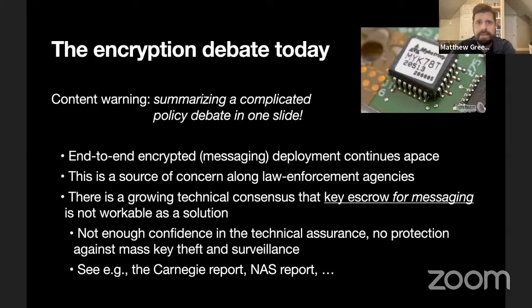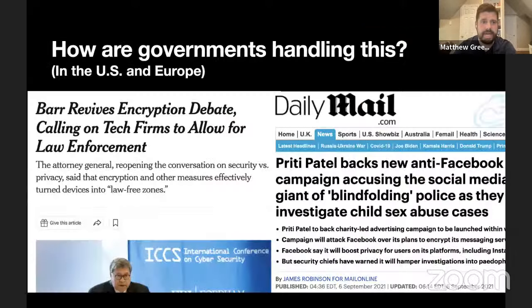Where that debate wound up by about 2019 was mostly a stalemate. Even people on the law enforcement side of the debate felt that there were some concerns with the existing technology for key escrow, and that there were deployment concerns, and that for at least data in motion for messaging, there were probably some serious risks that couldn't quite be overcome with the systems that we had available. Just as evidence for that, if you don't believe me, there are some great reports, one by the National Academy of Sciences here in the US, another by the Carnegie Institution, that summarize this with a broad group of stakeholders saying the same things that I'm saying today. And that's where we got to by about 2019.